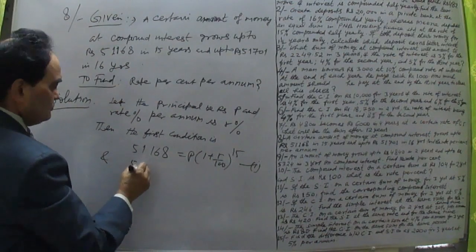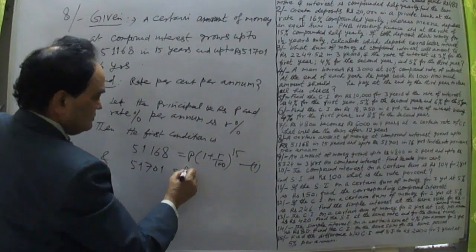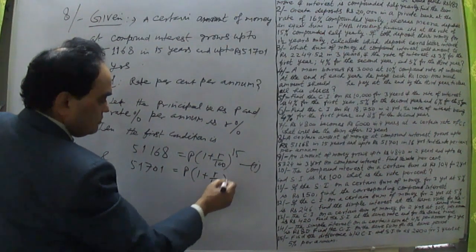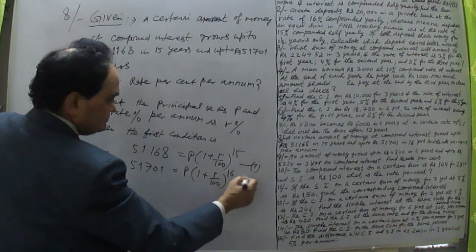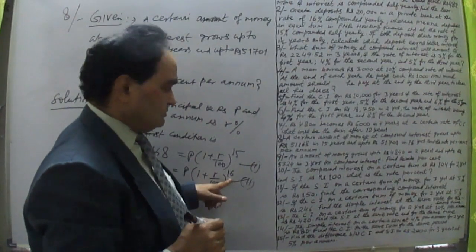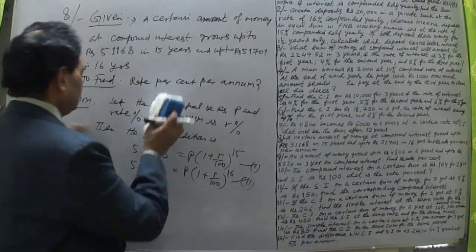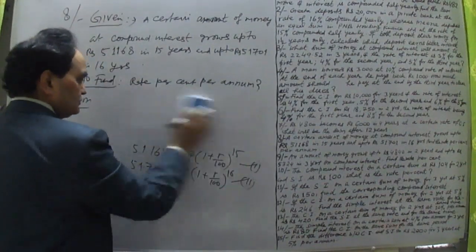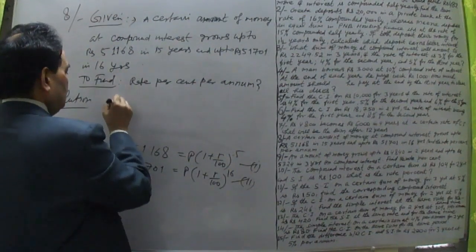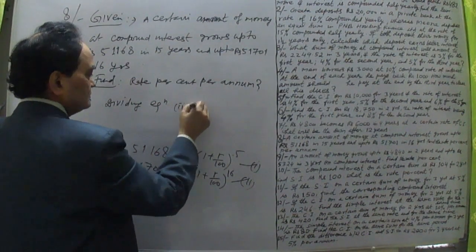And secondly, it says 51,701. The amount P becomes 51,701 in 16 years, P times (1 plus R upon 100) whole power 16. This is the second equation. Dividing second by first, because this is power 16 and this is power 15, so it will remain 1. Let me do this here. So dividing equation second by first,